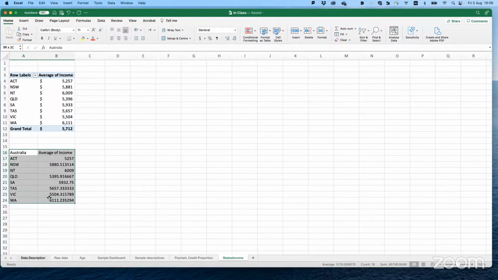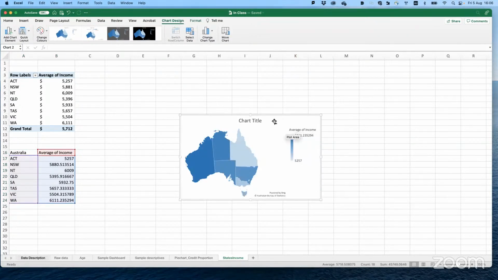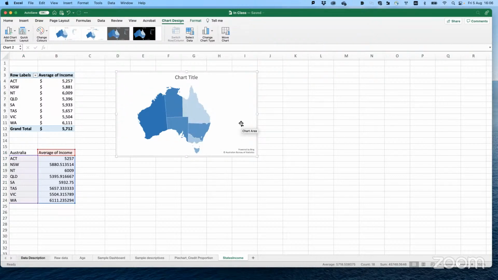We select it. We go to Insert. We click on Map, Filled Map, and it automatically understood that we are talking about Australia. Now we have something like this. Any questions?